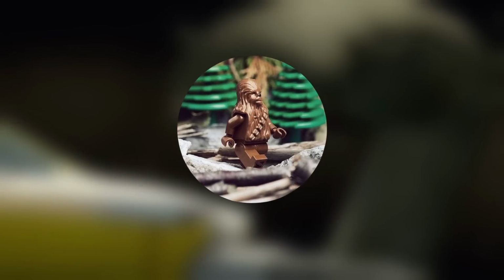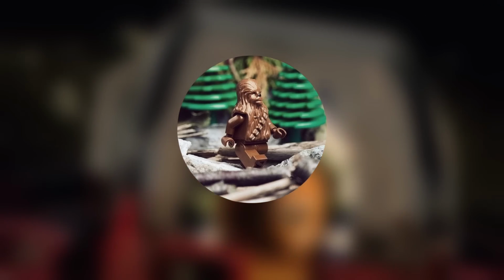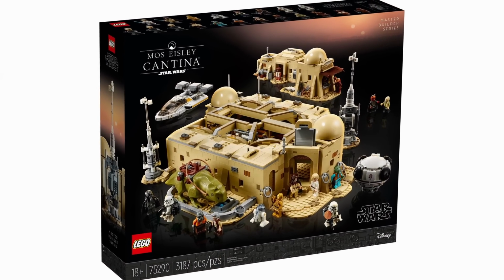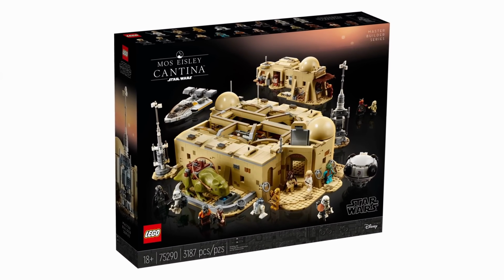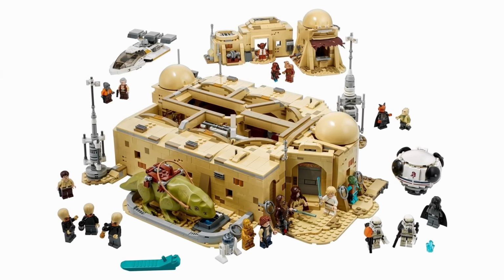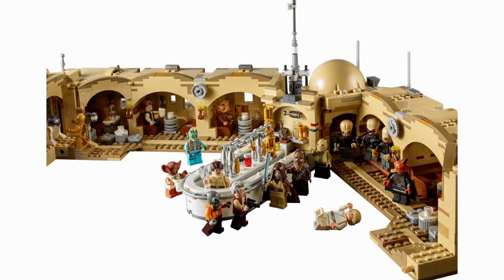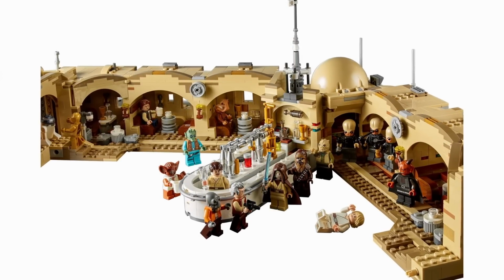Next up, we have probably the best MBS set ever made, and a set that I still really need to get my hands on, being 75290 Mos Eisley Cantina from 2020. I mean, I don't really think I have to say too much here. Everyone considers this to be a pretty incredible set. It's got an amazing build with a whole slew of unique minifigures, and it's actually so far the last Master